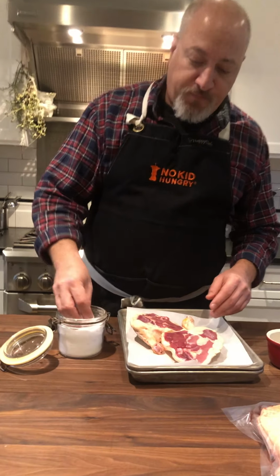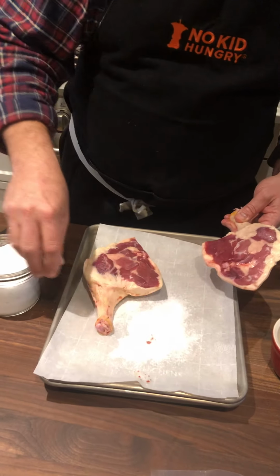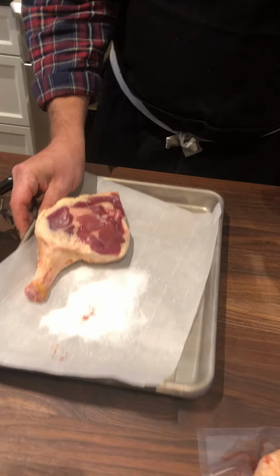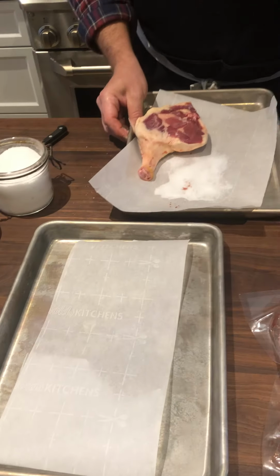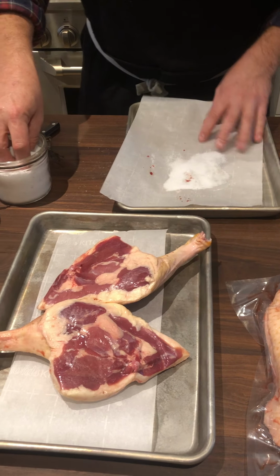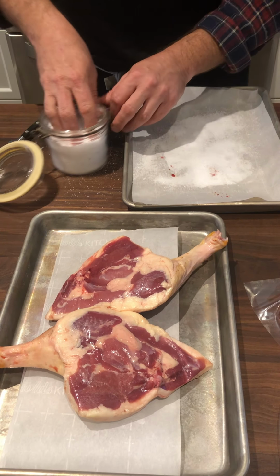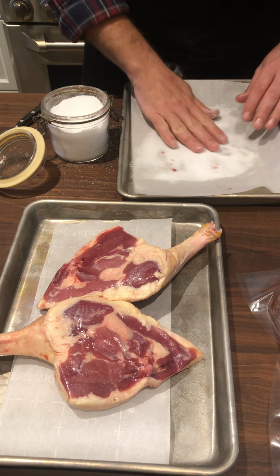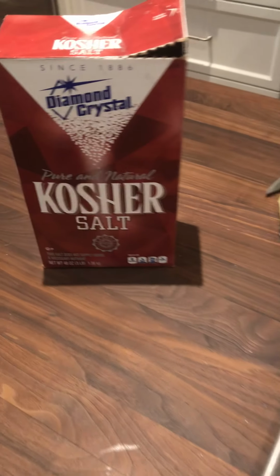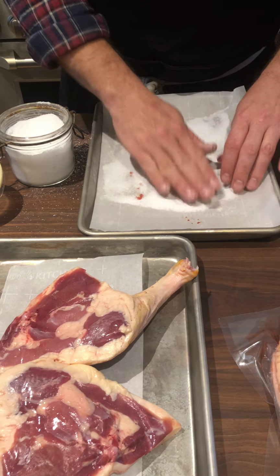So we're going to take about an ounce of salt on our sheet tray here. We'll take about an ounce of salt on our sheet tray. And we use only kosher salt in the restaurant, and really that's all you want to use for confit. We use Diamond Crystal kosher salt, it's really the best. So we're going to flavor our preservation with